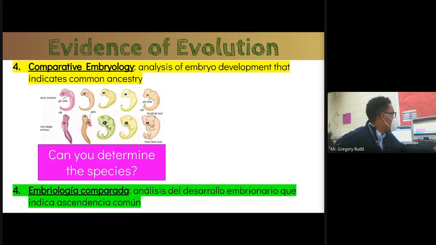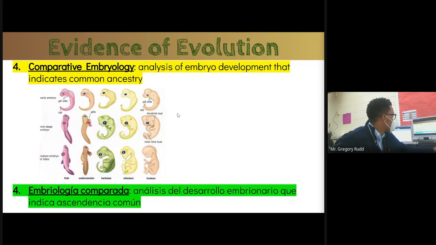All right, what about now? So this is a mid-stage embryo. You see one of them is starting to develop forelimbs and hind limbs, or at least two or three of them have forelimbs or hind limbs. Any guesses at this point in mid-stage? The second one is a what? Okay. Let's see. So here's what they actually are.